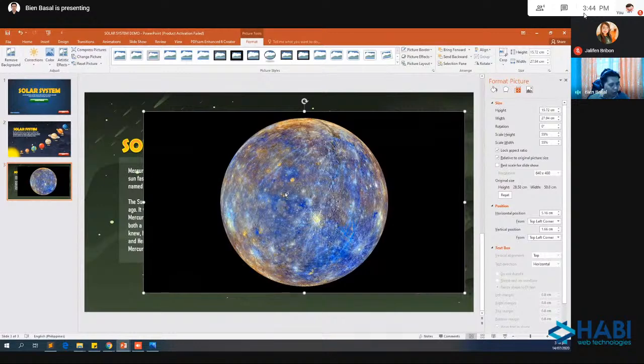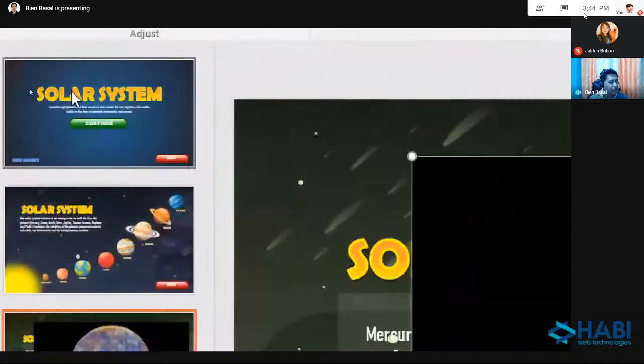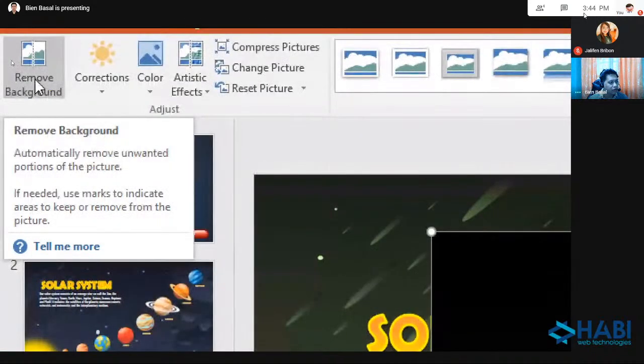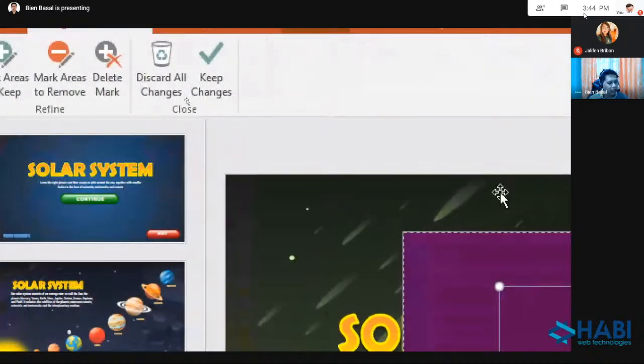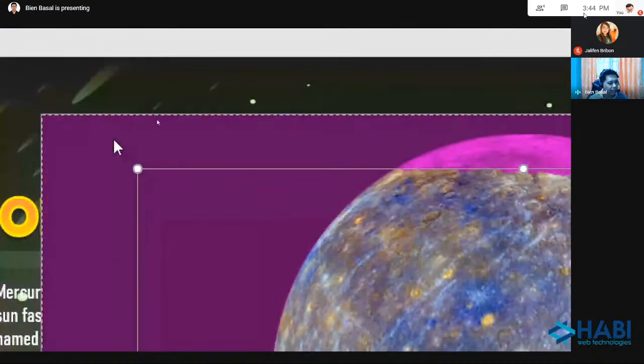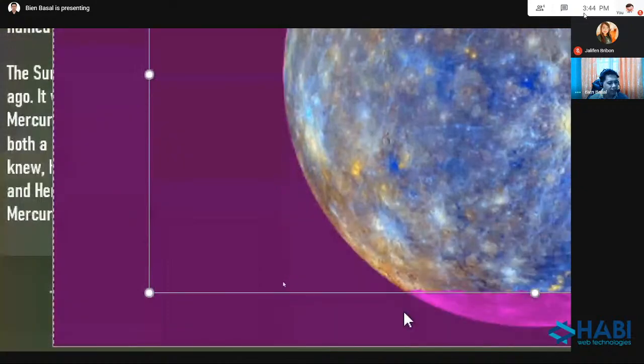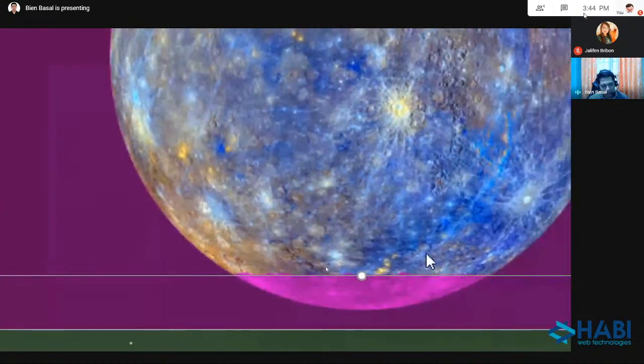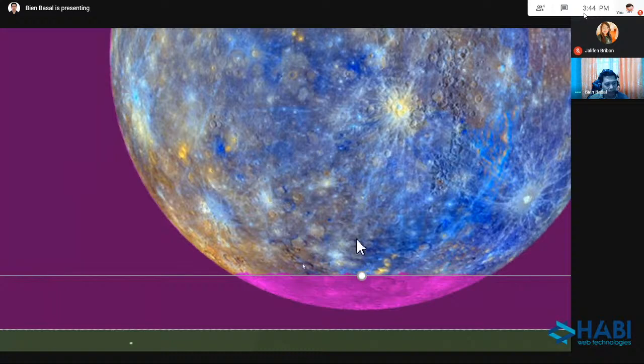So what you can do here is, while your image is selected, proceed to the Remove Background option. Click that. And you will see this purple color. It's a mask. All portions of the image which are not highlighted with this purple color will be visible. So I want this part to be visible, so I can scroll this down, move this down.